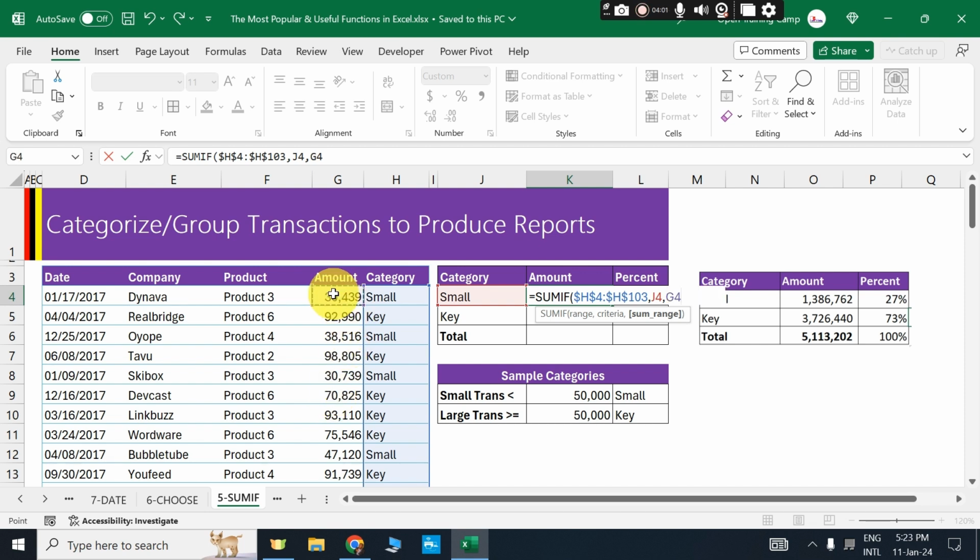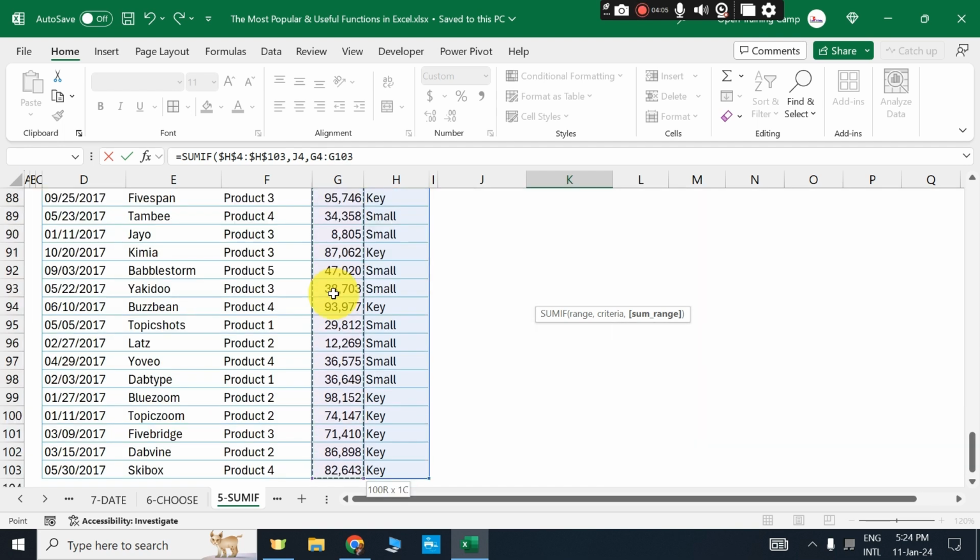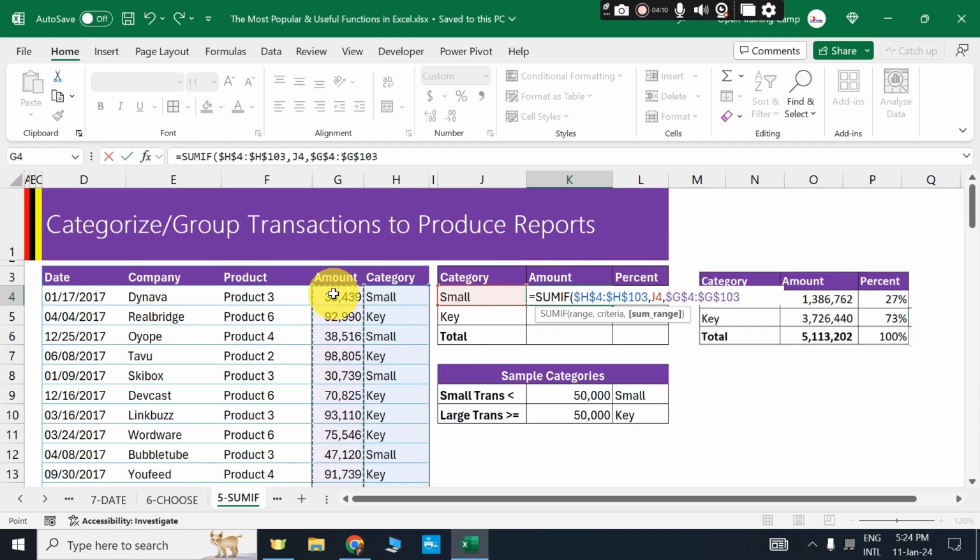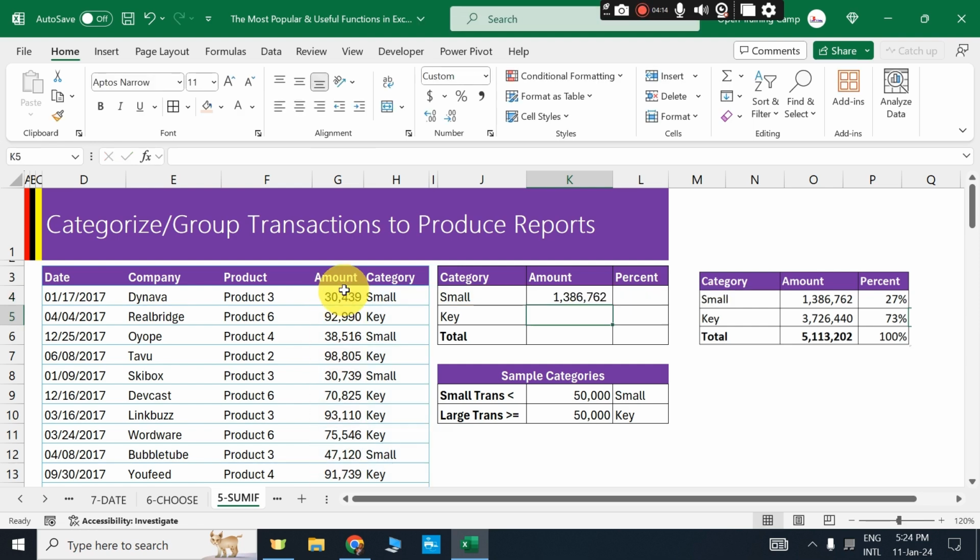So I'll click in this particular cell address, holding Ctrl-Shift on my keyboard and the down pointing arrow to highlight the entire range, F4 key on the keyboard to lock it, and I can now close my SUMIF function from here. When I hit enter key on the keyboard, you can see the total amount for all our small transactions are together. Now we can drag this particular formula and see how much did the key transactions bring in,